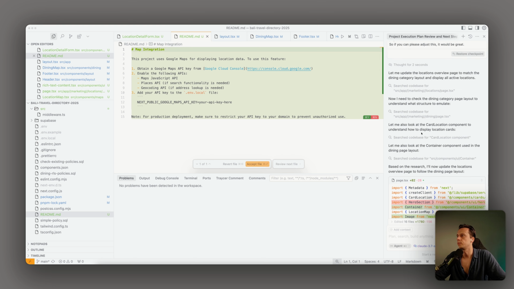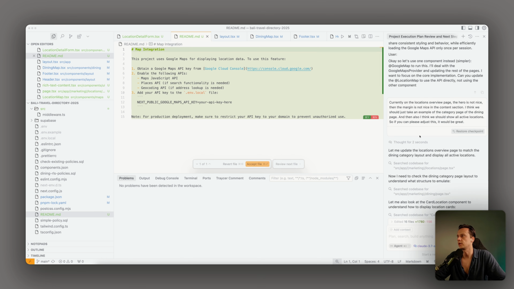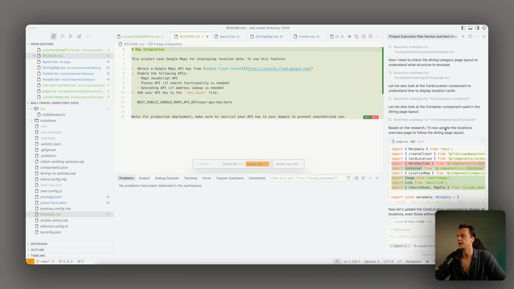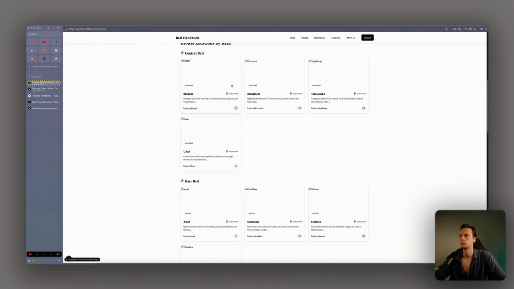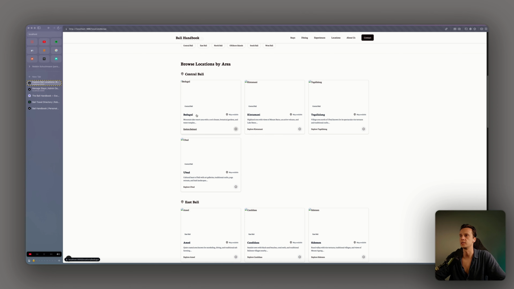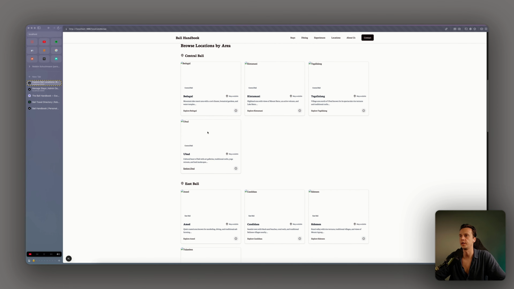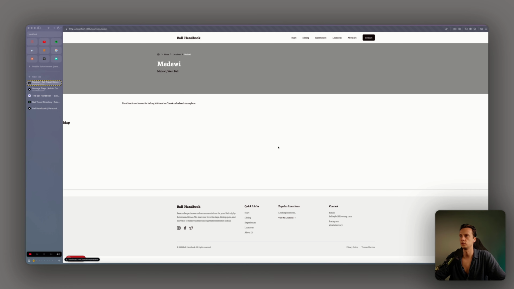Okay, so it improved my request. So we said like current location overview page, blah, blah, blah. So let's see what it came back with. Okay, this is better. I think this is nice too. So we can browse by area. Have a short description. We need to add a featured image, the map available, and this should be linking to... Okay, that's good. So we need to structure this page, but I think we need to add some data to